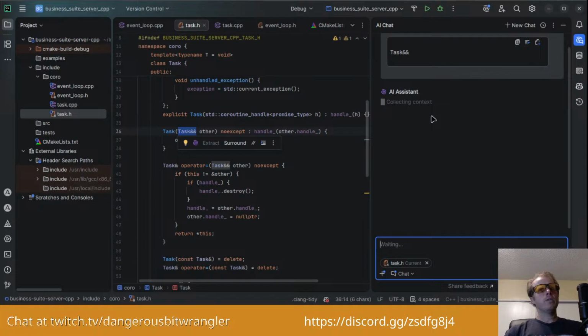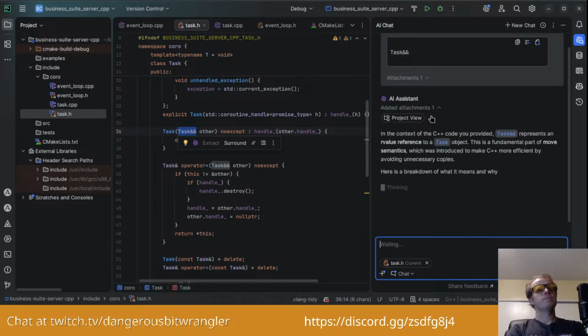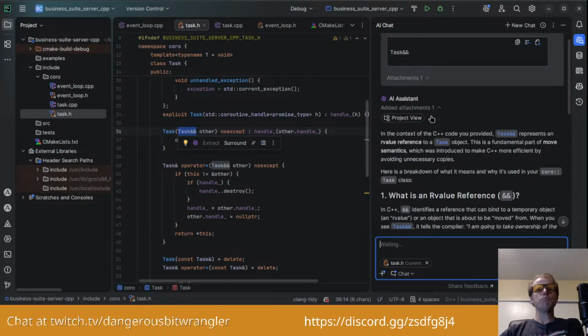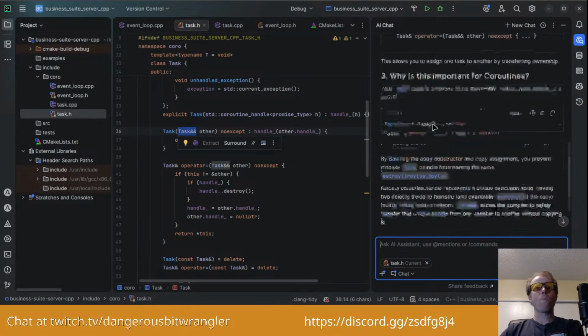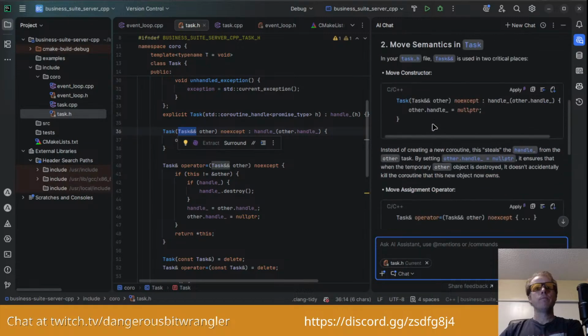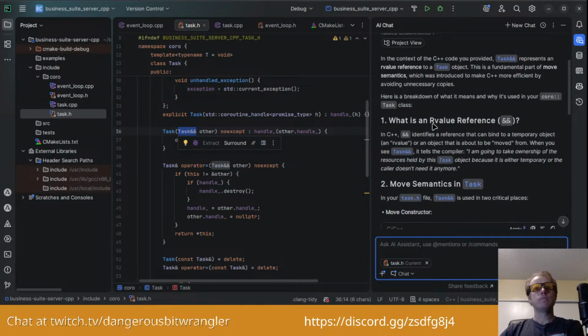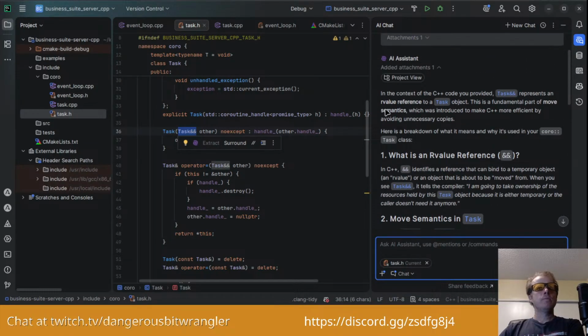I think the double ampersand is a reference to a reference. What exactly is an R value reference?